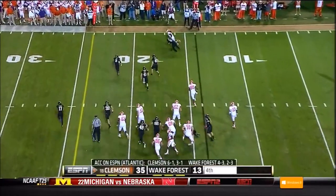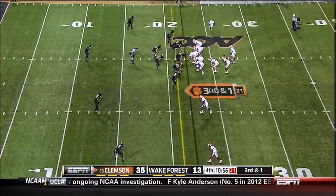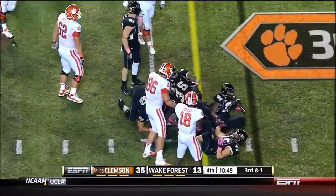You know, there was a time in my life when I could put down a bunch of those, and Sammy Watkins can. Shown up on the field. 3rd down and 1. Watkins hits up the